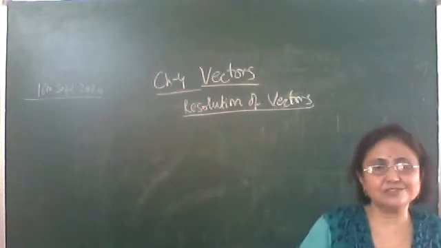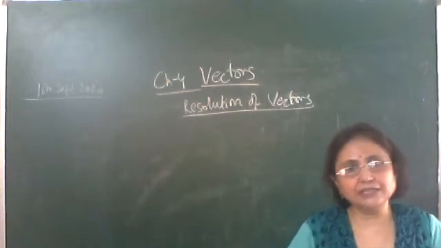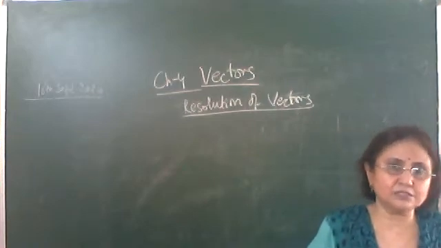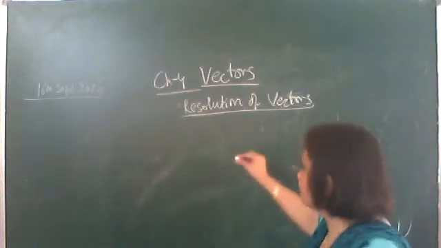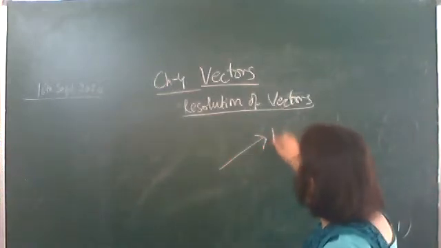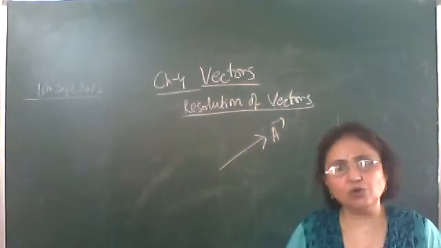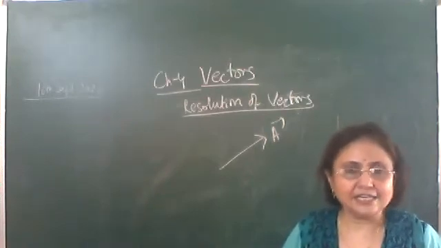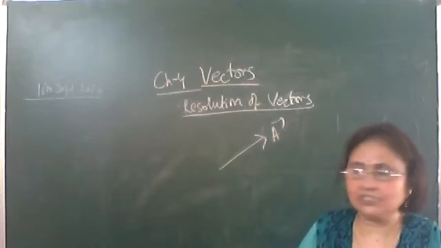Till now we have studied there are two or more vectors, and we have to find their resultant. We have to add up or subtract those vectors. Now, here a single vector is there and we have to split it up in any two different directions. So, splitting of a vector in two or more directions, which means in two or more components, we call this the resolution of vector.